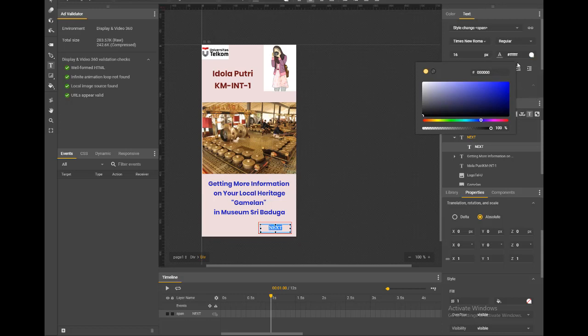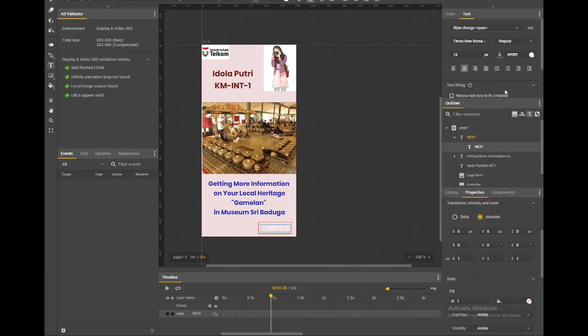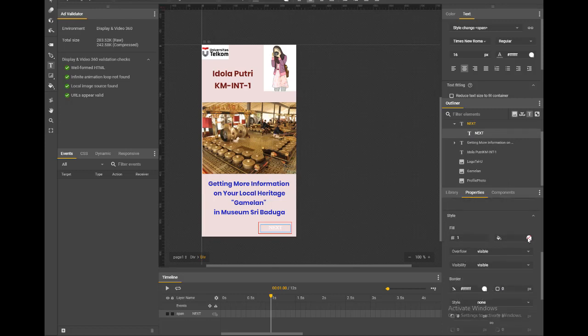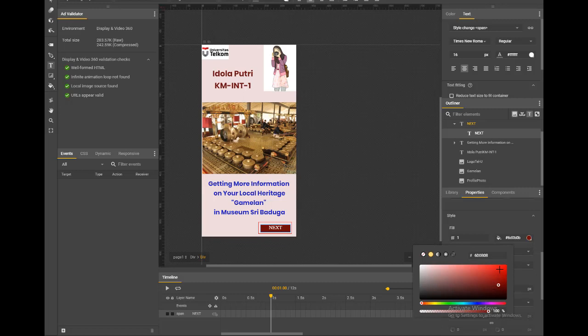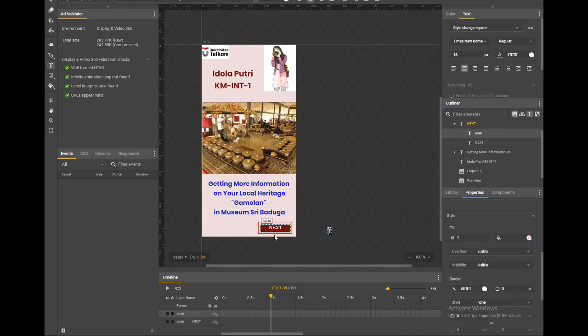I will change the color to white, and if you want to change the background of your box, you go to the properties and put the color option. If you want to make it bigger to suit your box, you can also make the text box bigger. Okay, this one is finished.